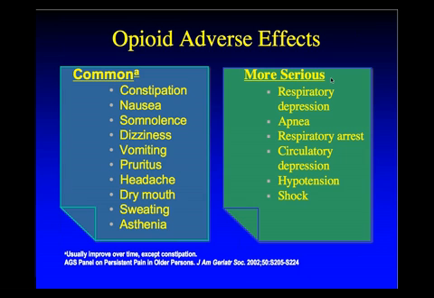The common ones on the left-hand column are constipation, nausea, somnolence, dizziness, vomiting, and you see that often when somebody's just started on it. But over time, you do develop tolerance over the next 1 to 10 days and 2 or 3 weeks. Constipation is one side effect with opioids that people do not develop tolerance to. So many of the pain guidelines tell you that you really have to treat constipation proactively when somebody is even on it for 3 or 4 days of,